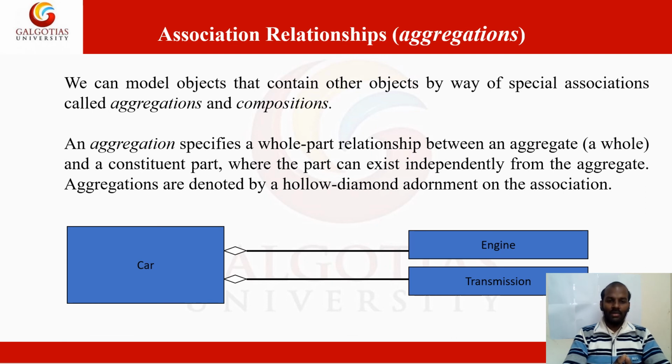If we remove any component from the car, then we cannot say this is a car. For example, if I don't have an engine but I have the body of the car, I cannot say this is a car. So that is not a car. Whenever we make a relationship in a class diagram and want to communicate such a situation, then obviously you can use the aggregation relationship.